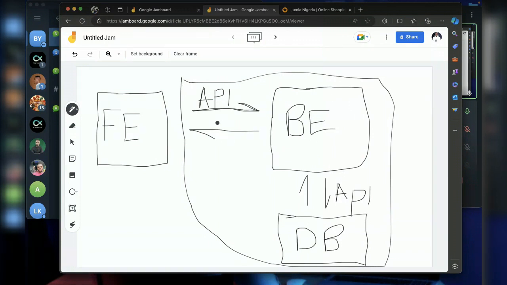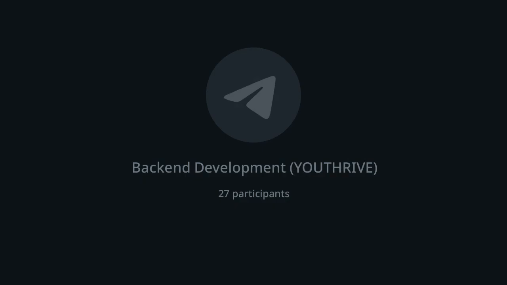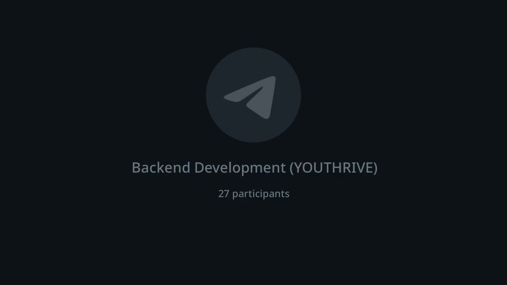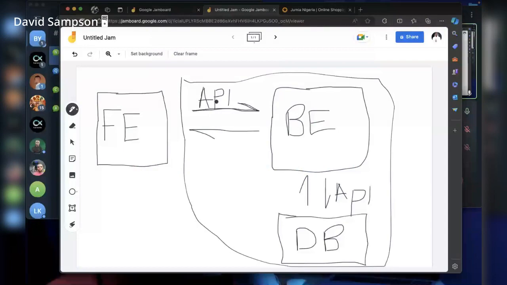So as a backend developer, you'll be building different APIs. The APIs for registration to accept user details and register them, the API to log them in, the API to remember their password, the API to log them out, the API to change their profile information, profile images, the API to do transactions. You'll build so many APIs. That is your job as a backend developer.